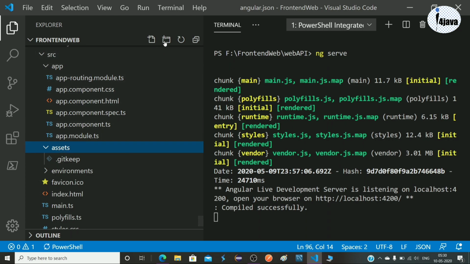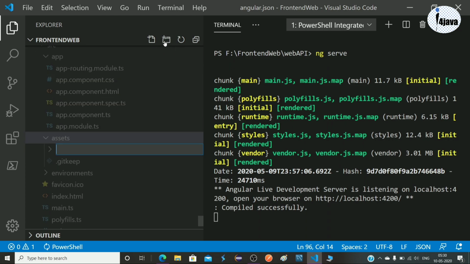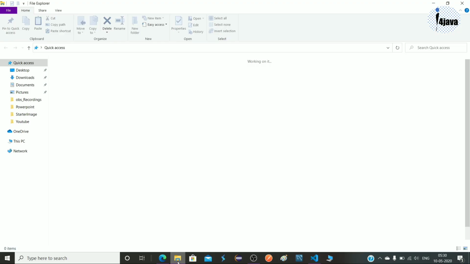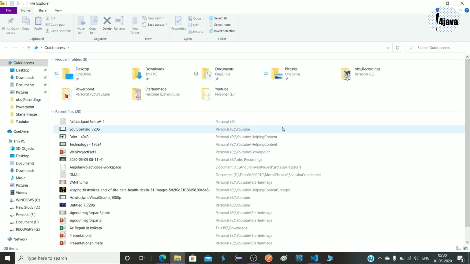For creating a new folder, just click here and I will name it img. So let me copy some images. Where had I put it? Okay, yeah.